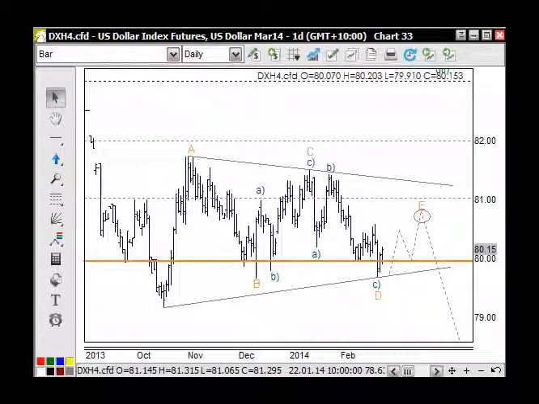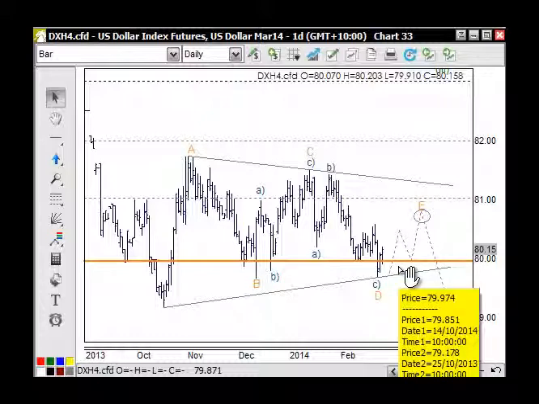Welcome, and looking at the US dollar here, and just looking at this particular count through here, the current bounce we've got back above the 80 here. It appears that we'd be looking in a larger sort of triangle pattern through here. But anyway, our main point is that while the market's above 80, then it's positive and it makes the